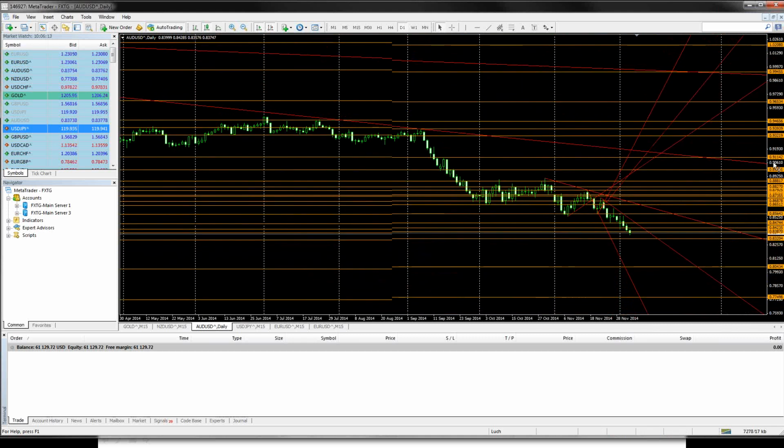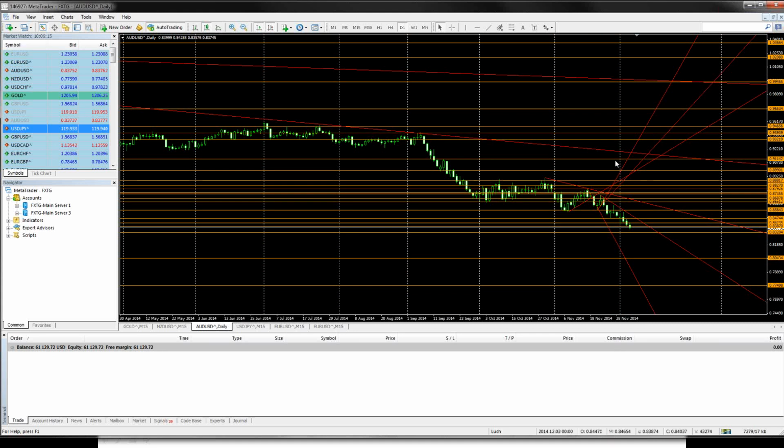As you can see, all the yellow lines are support. Red lines, obviously, trend lines. So it is right now stuck on a support line. Yes, it could go to the next line here, or you might get a bit of a bounce for a bit. But until it goes over the trend line, I will not buy it. I'll wait, it might come around here, and then it'll probably bounce back down again.